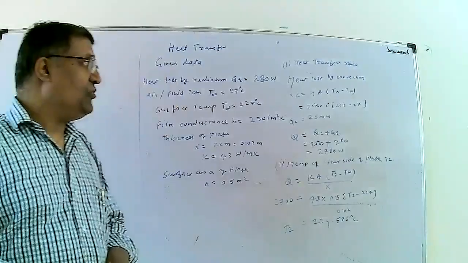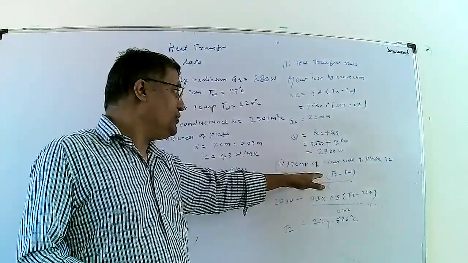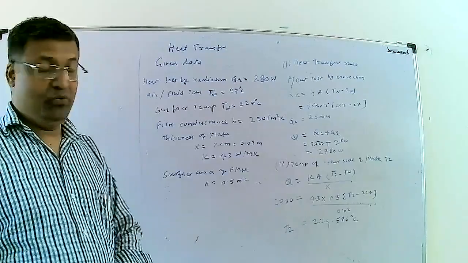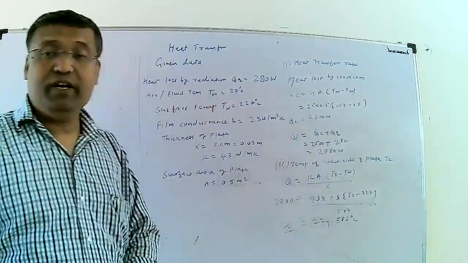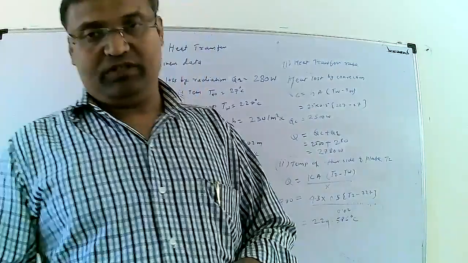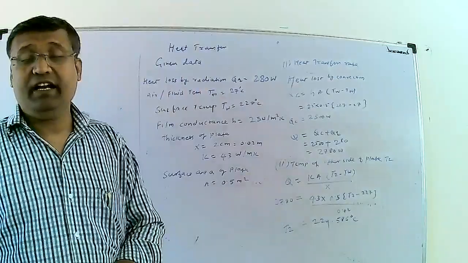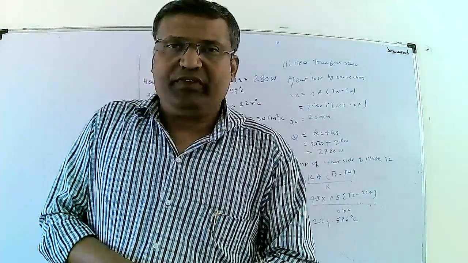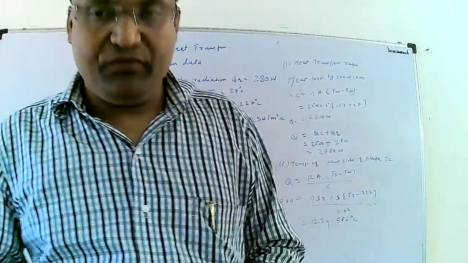Then second, temperature of the other side of the plate T2. It is represented by the formula Q is equal to K into T2 minus Tw upon X. We put all the values and finally we calculate T2. Temperature of the other side of the plate is 229.586 degrees Celsius. This is the way for finding the unknown values of the heat transfer rate and T2. This is the problem regarding the heat transfer rate. Okay. Thank you.